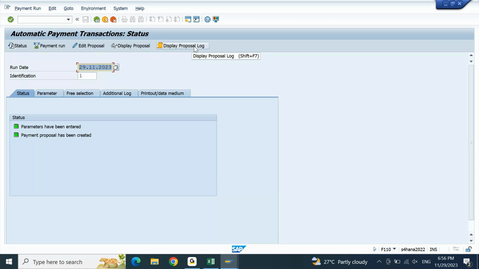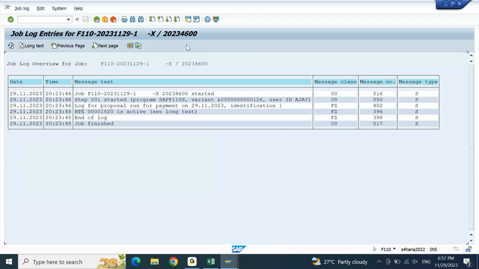There is something called display proposal log. This proposal log we have to refer to see the reason why it was in exception. Let me click on this display proposal log. Now if you see this,